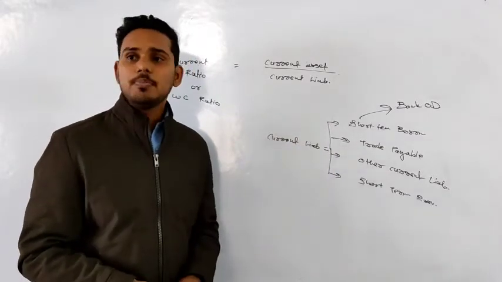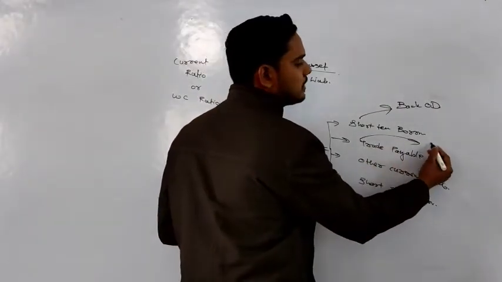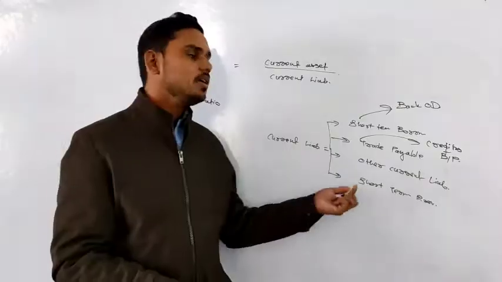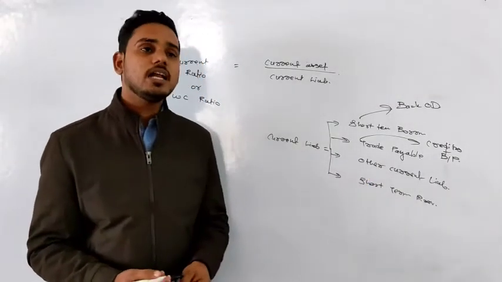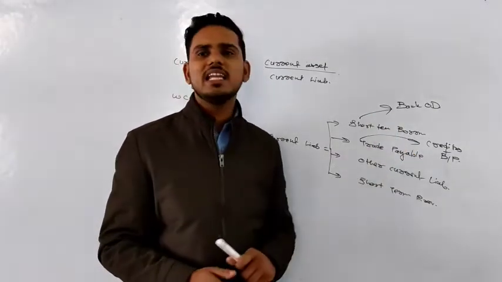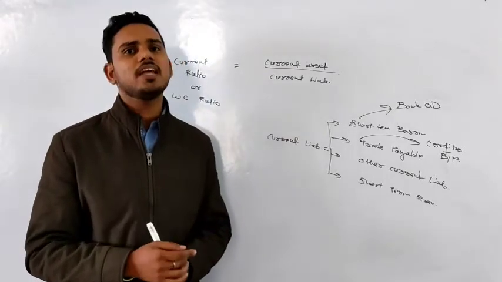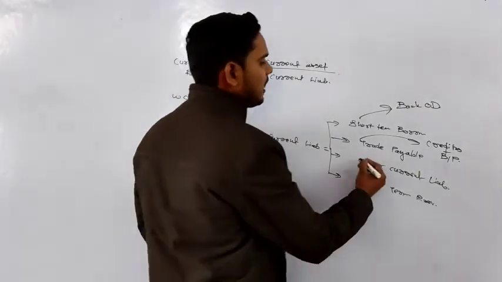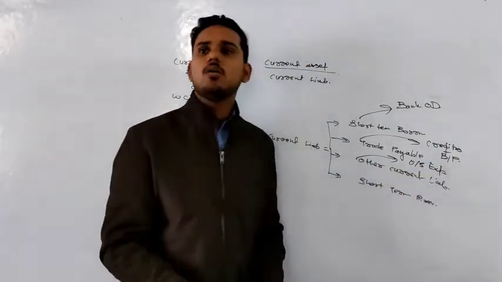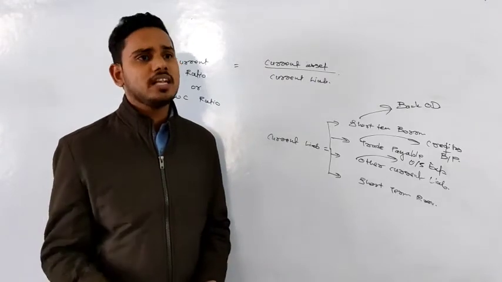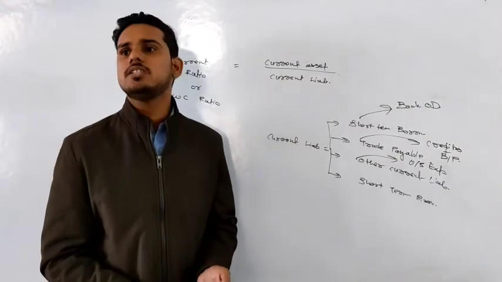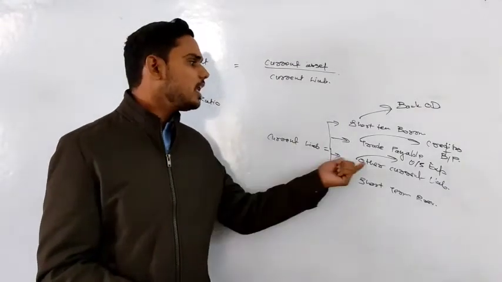Second one is trade payable. In trade payable, we include two things. First one is creditors and second one is bills payable. Third one is other current liability. Other current liability means any liability which is neither your creditor nor bills payable nor any kind of loan, but still you need to repay that within 12 months. Like that, there can be many things like outstanding expenses, like outstanding salary, outstanding wages, right? Outstanding electricity, all outstanding expenses are there, right? Like unpaid dividends, right? So these are other current liability.